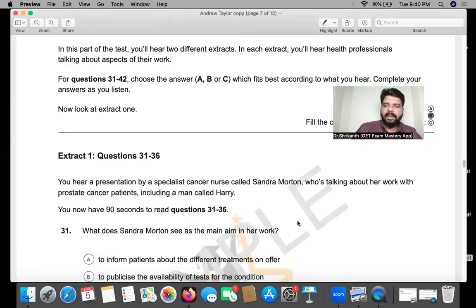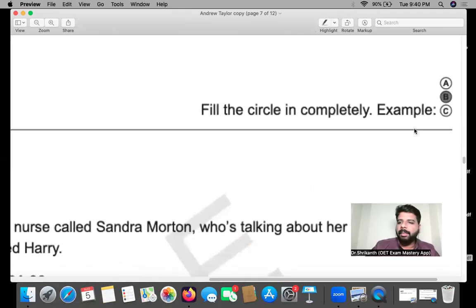So listening part C, as I told you earlier, it is either a presentation or interview. So presentation means just one person speaking. Interview basically means two people speaking, okay? An interviewer and interviewee. So here it depends upon your luck. Maybe you can expect one presentation and one interview. So maybe extract one may be an interview, and extract two may be a presentation. Sometimes both extracts may be a presentation, or both extracts may be an interview. Okay, so regardless of what you get, you should be able to give your best performance. Right. So everything over here are multiple choice questions.